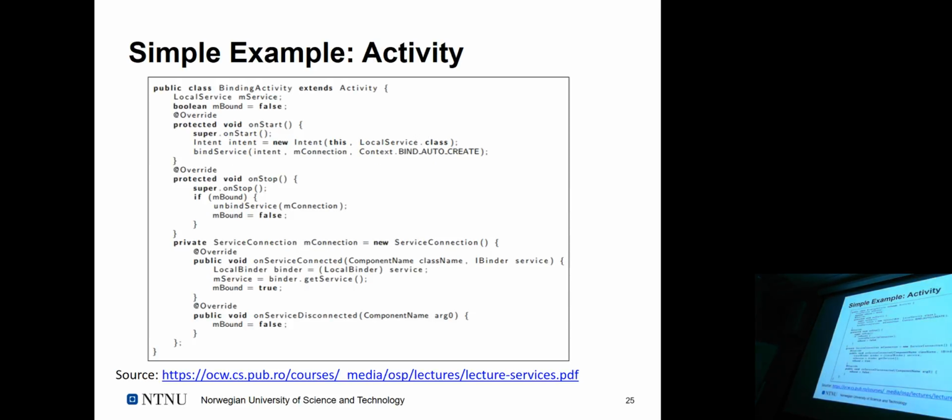From the client side, here's the activity that uses it, so the service is quite straightforward and simple. Here you notice onStart, so the usual layout of an activity, onStop and so on. On start, you're creating a new intent and binding the service. So you have an intent pointing at the particular service, where the class specification points to the service class, and you also have an instance of a connection, I'll get to that in a second, and some parameters. You're binding the service, so if the service is not running yet, it will be started at that point.